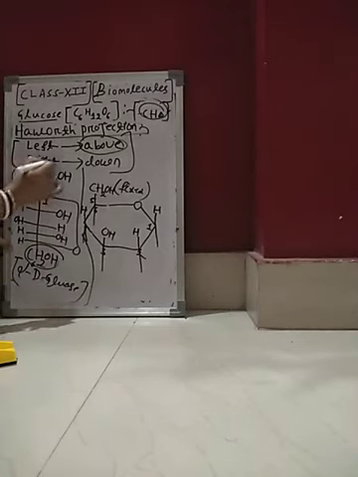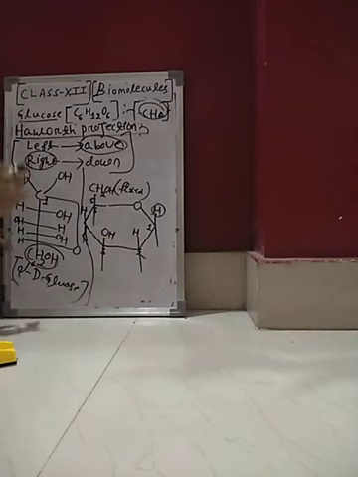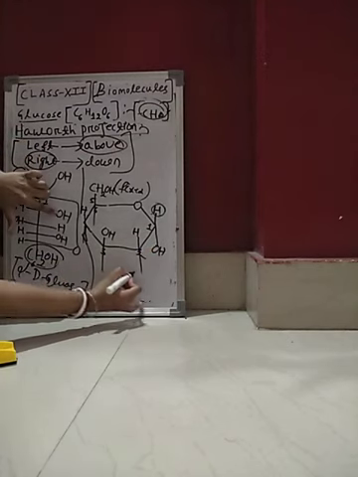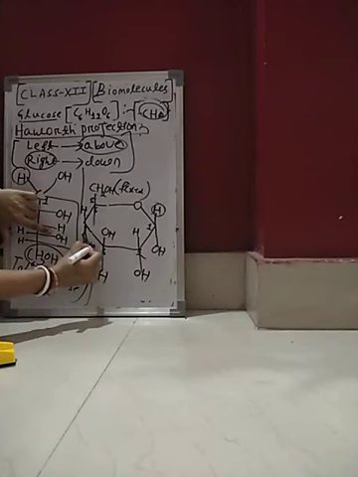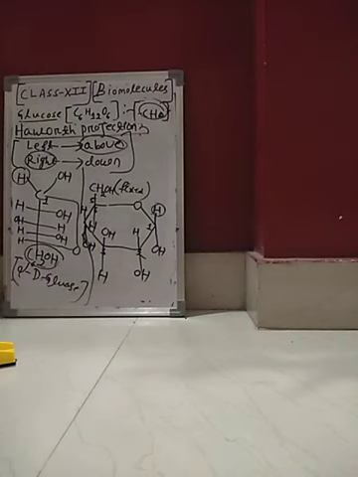So what will remain here? Hydrogen. So the right atoms will be present in the down position, and the left ones are in the above position. So what will be here? Right atom, here OH. Here the right atom, H. Here the right atom, OH. Here CH2OH is there. So clear? This is the Haworth projection for alpha D-glucose. What is the key point here? The left atoms will be present above, and the right atoms are present below.